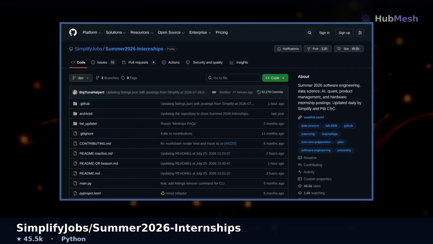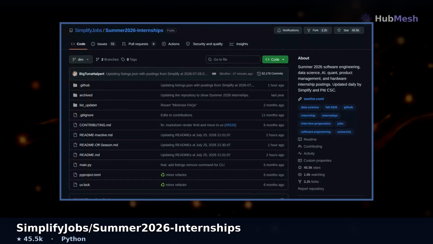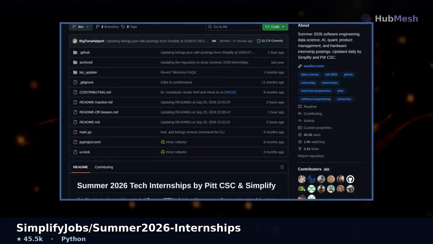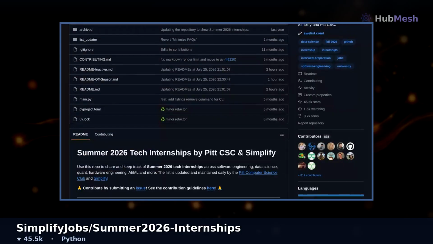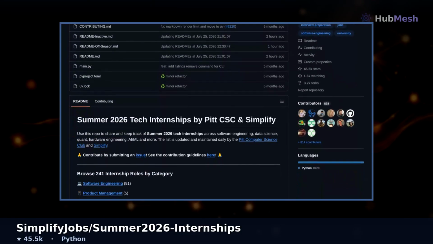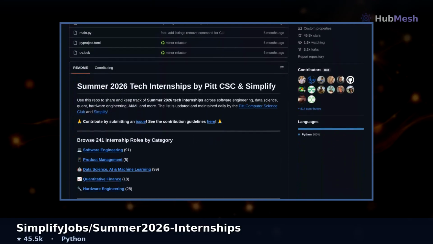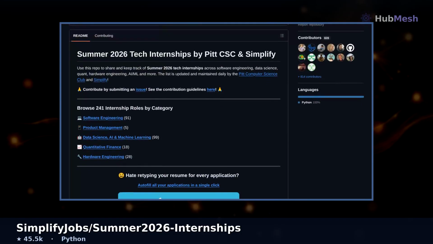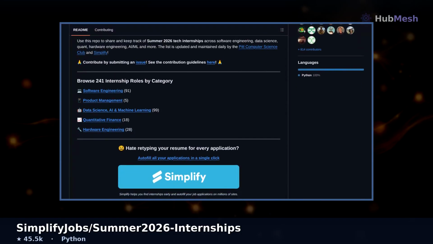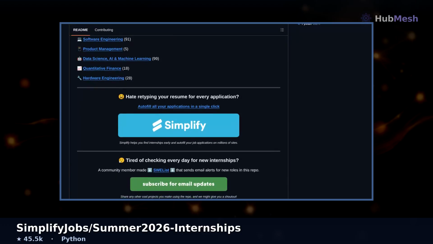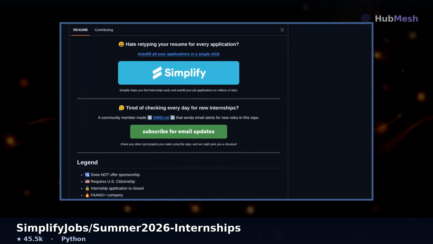You can find 241 summer 2026 internships across tech fields like software engineering and AI, updated daily. Plus, we'll show you how to get email alerts for new roles. This section, Summer 2026 Tech Internships by Pitt CSC and Simplify, explains how the Pitt Computer Science Club and Simplify